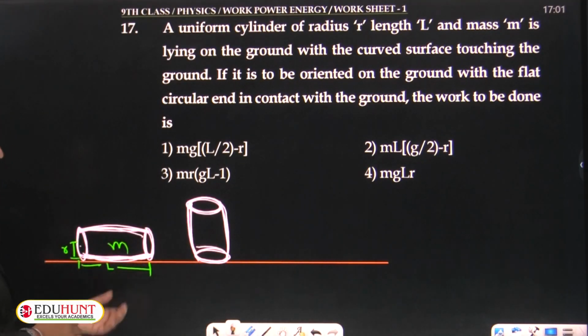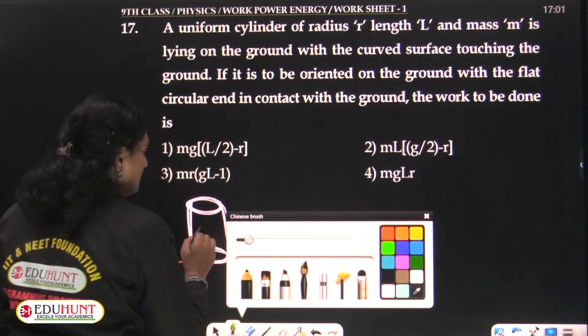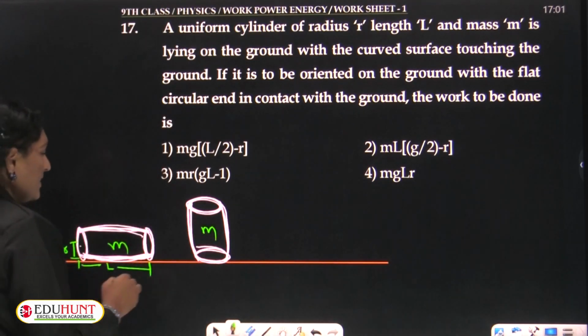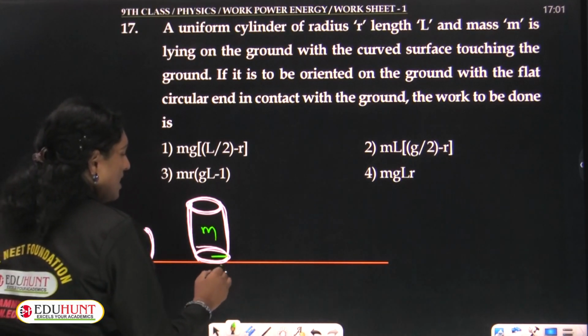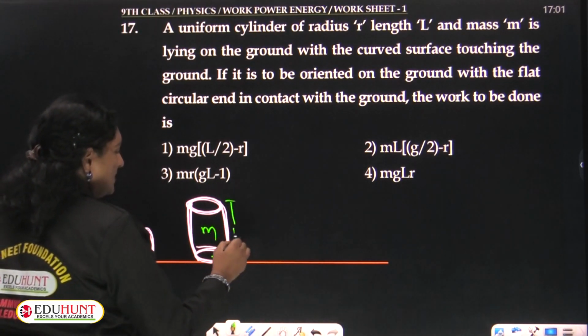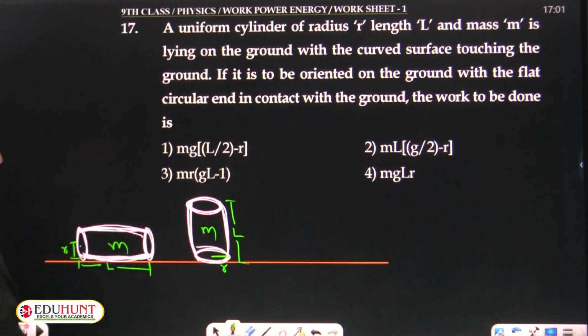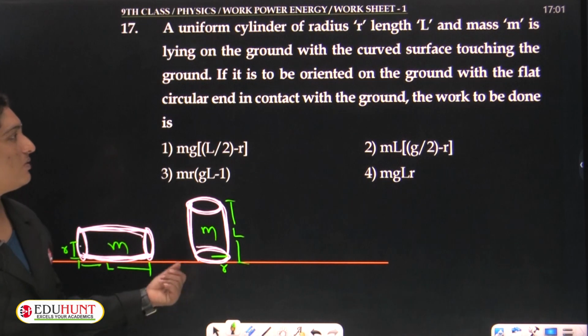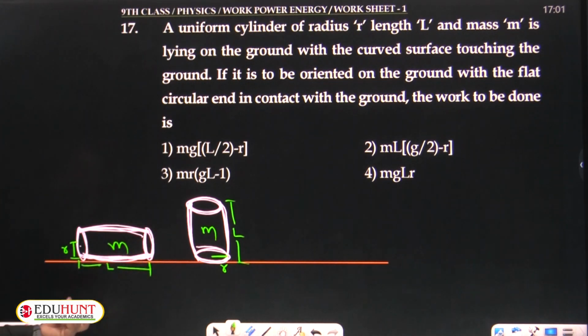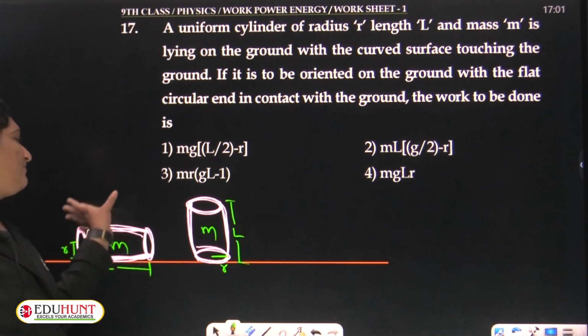So, earlier it was in sleeping position, now it is in standing position, whose mass is M, radius is R and length of the cylinder is L. With the flat circular end in contact, the work to be done is, so in lifting the cylinder